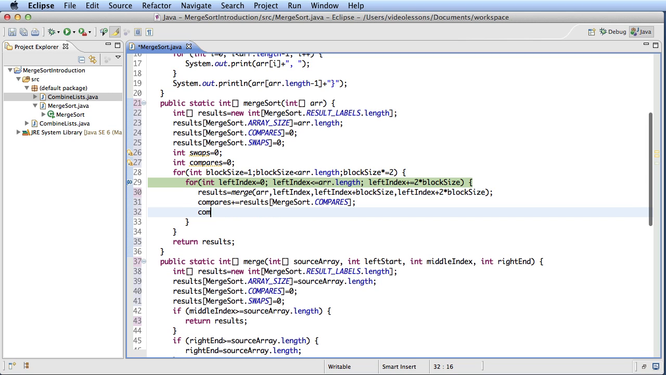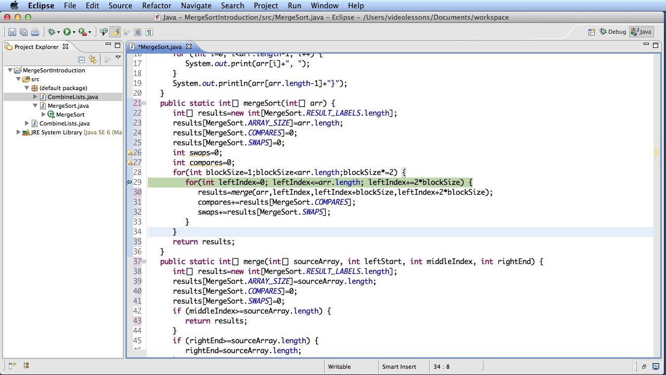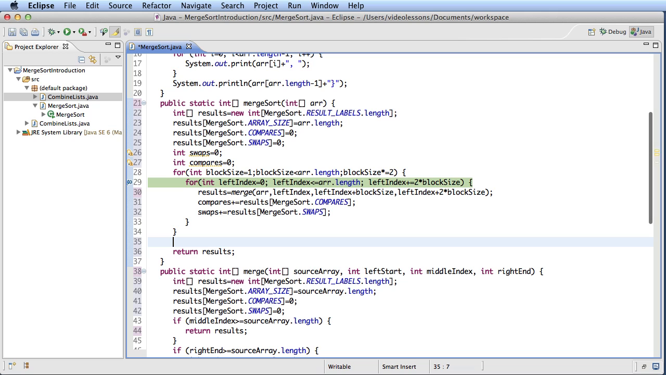And then we'll do the same thing for our swaps so that that gets a running tally. And then once the loop here has completed, we'll copy those values. We're going to just reverse this process and say results of the merge sort for compares gets our compares value,